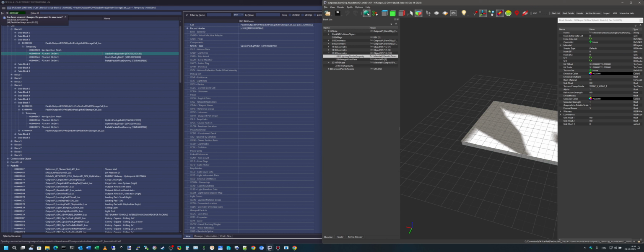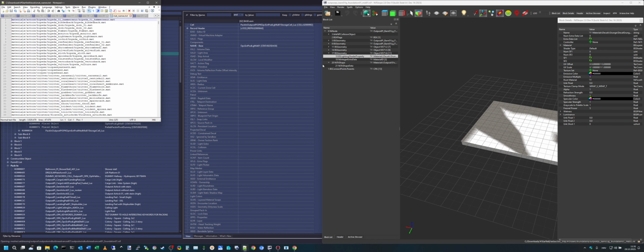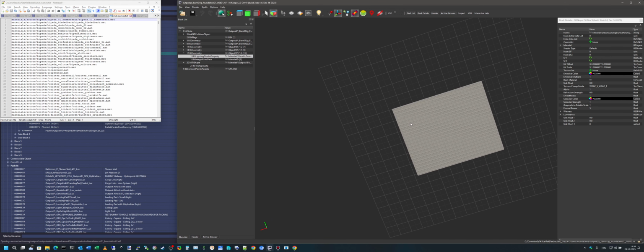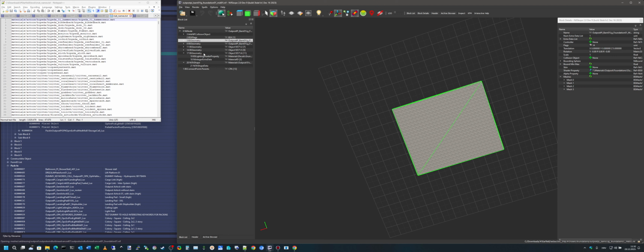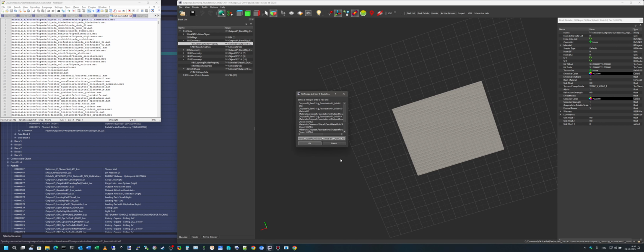And I'll just this with material names and give you a little bit more space to see. So this object I need to find. Okay, so this geometry is a mesh and it has this material, and if you click this txt, you'll see it uses Outpost concrete